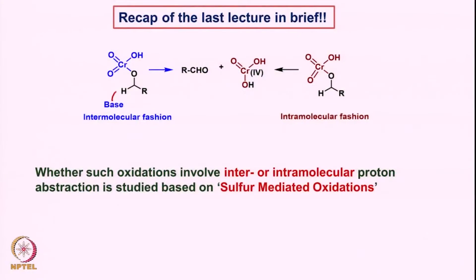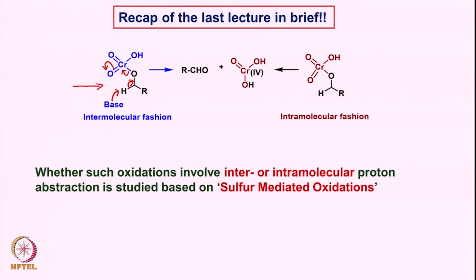So, the base picks up the proton from here in an intermolecular fashion, and then the oxidation occurs in this fashion. This was one possibility that we considered after the alcohol reacts with the chromic acid and it forms this